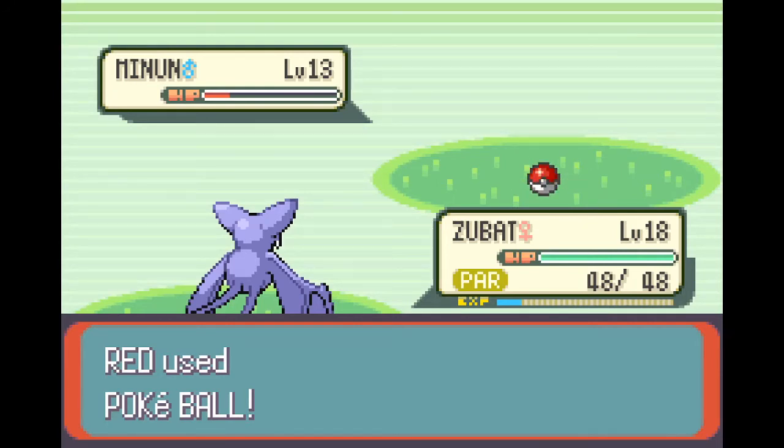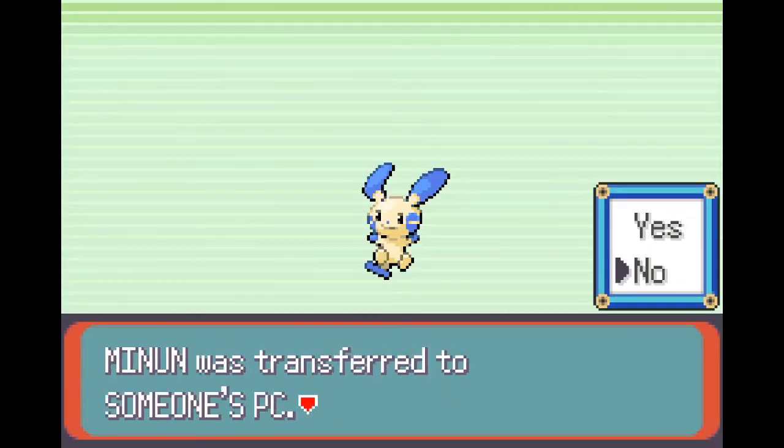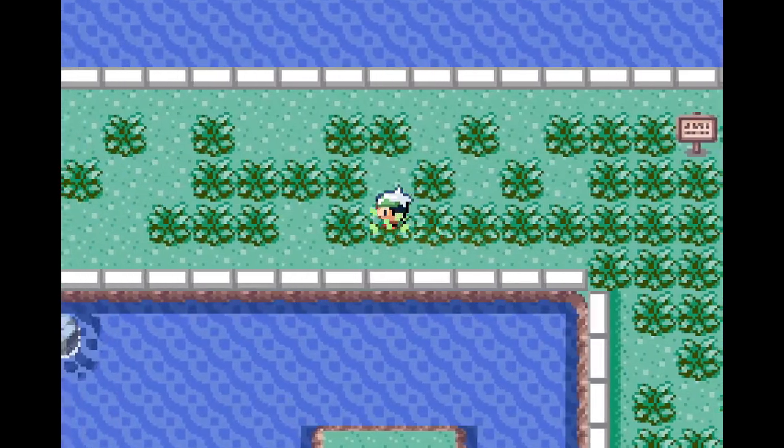And that will be 2 down, so we've got Gulpin and now Minun as well. Minun being a pure Electric type, and not a very good Pokemon as well. But there we go. So now if we come along here,